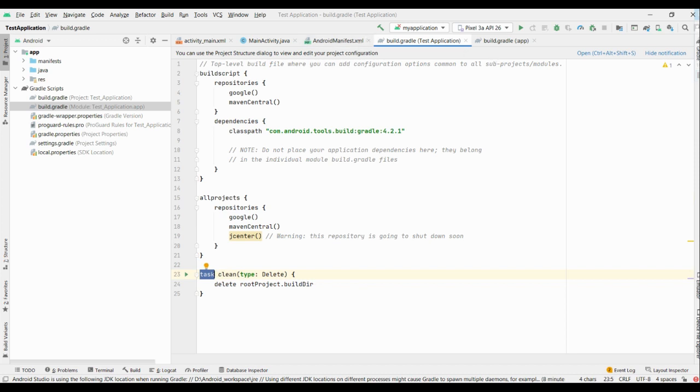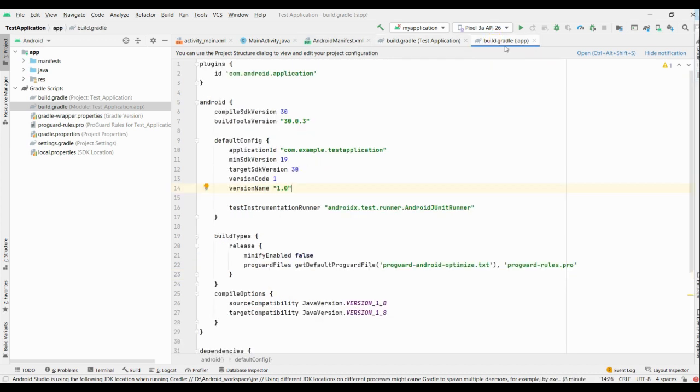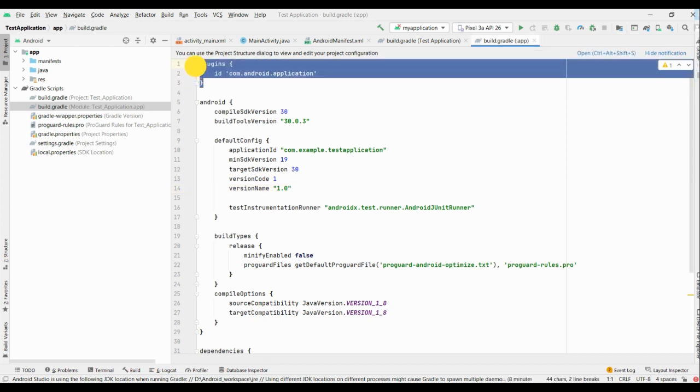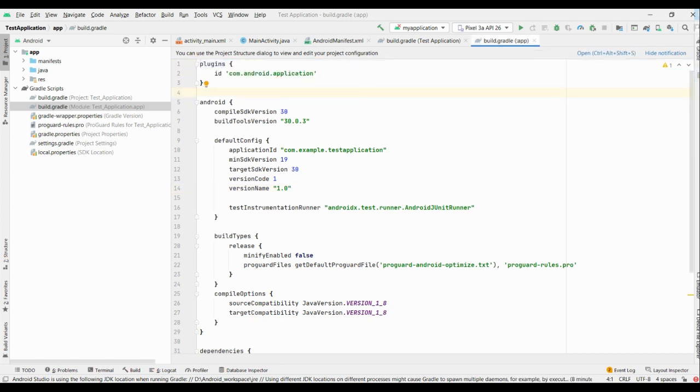Okay, now if we come to the build.gradle module level script, we have specified the plugins. The Android plugin we are adding here, and under the android script we have specified the compile SDK version, which is 30.